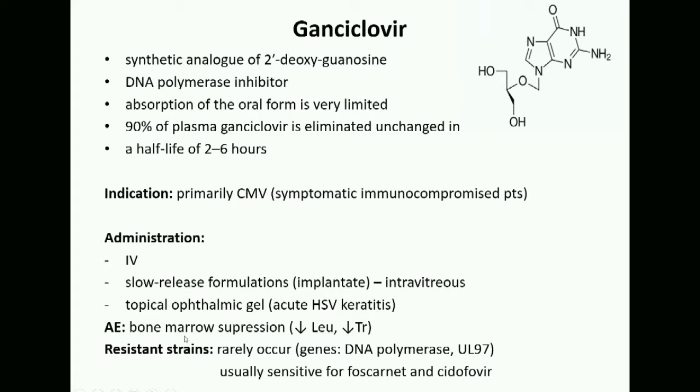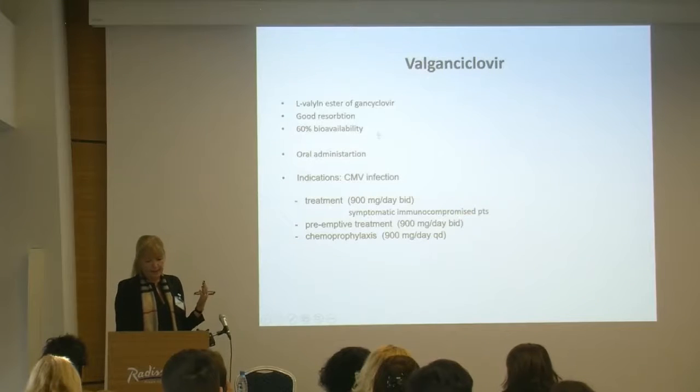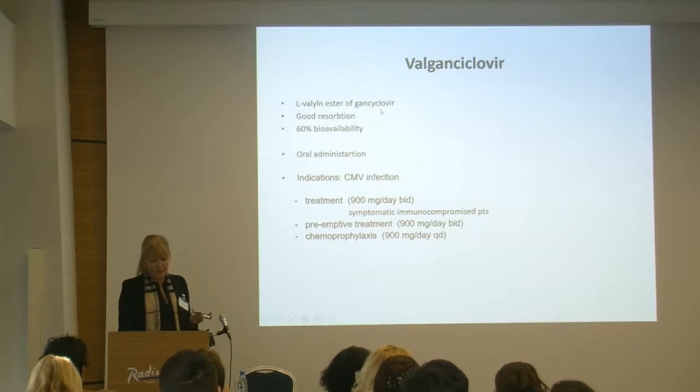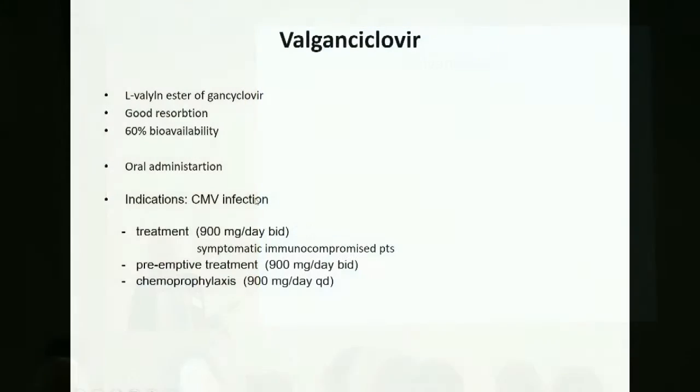So it can have quite severe side effects like bone marrow suppression, particularly leukopenia or thrombocytopenia, and actually the resistant strains are there. They really rarely occur. However, they can occur, but they are usually, luckily enough, sensitive to foscarnet or cidofovir. However, we do have valganciclovir. Again, the valine ester of ganciclovir, it has good resorption, 60% bioavailability, oral administration, and actually its indication is, of course,